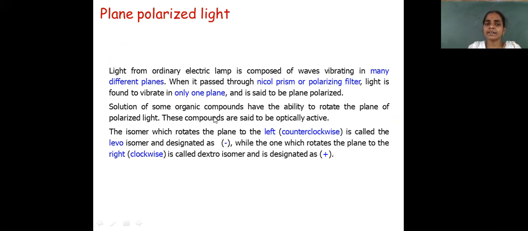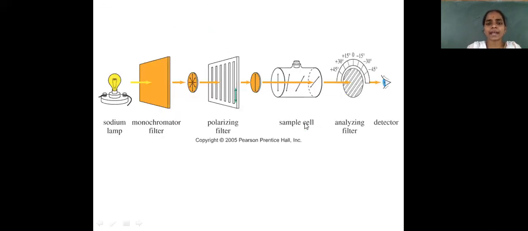If organic compounds or isomers show a rotation of the plane polarized light, either to the right, clockwise, or anti-clockwise, they may be dextrorotatory or levorotatory, represented by plus and minus. Such compounds, which show orientation towards the clockwise or anti-clockwise direction, are called optically active compounds.